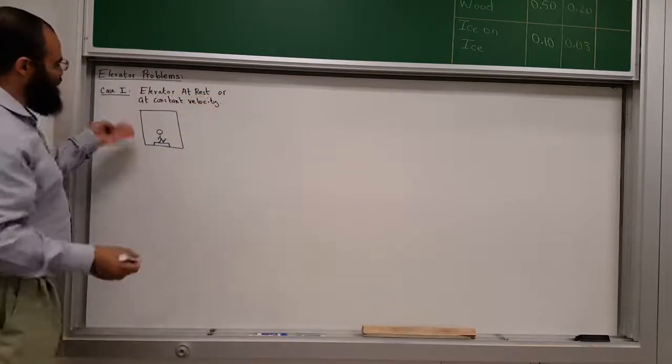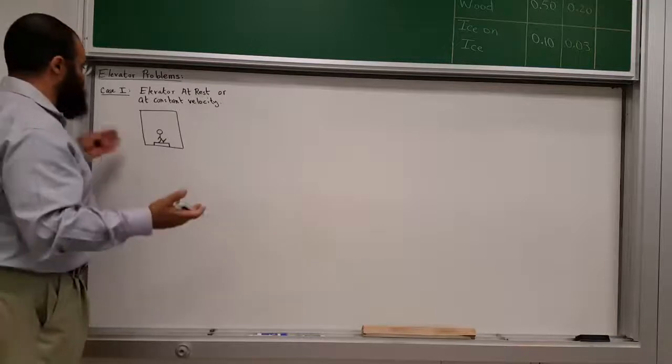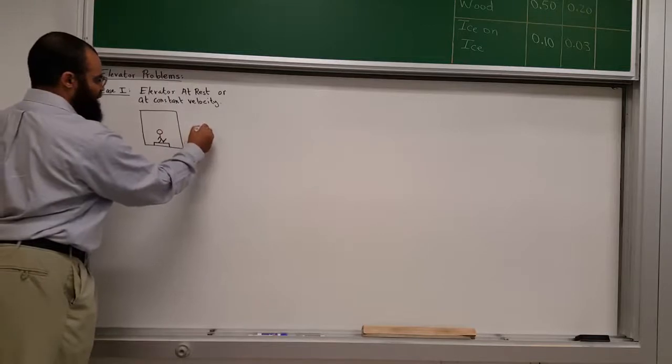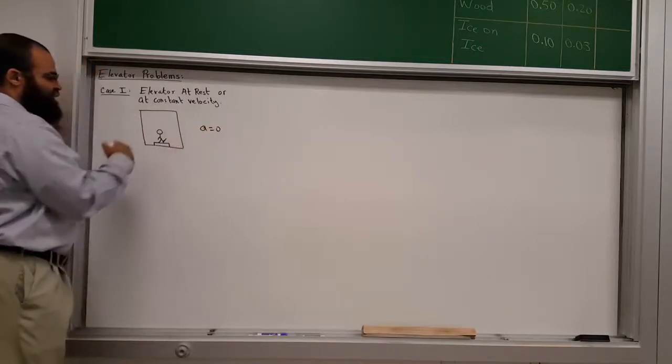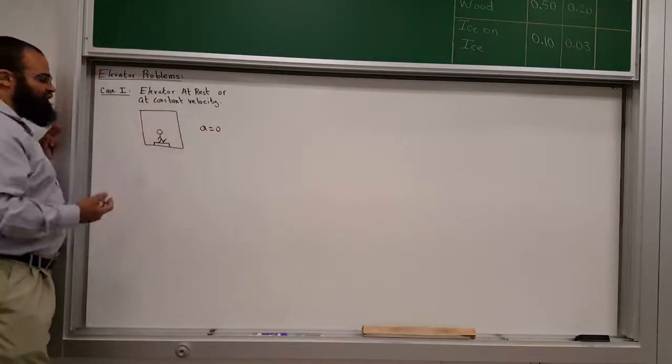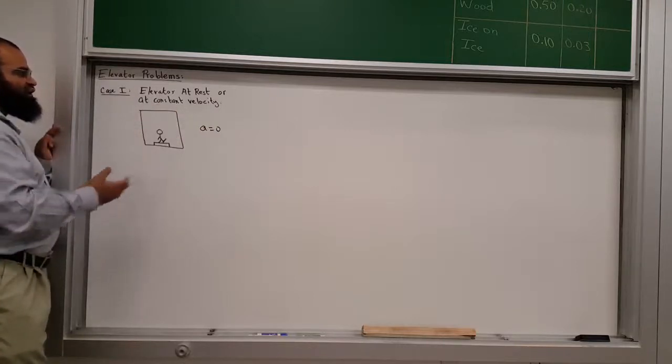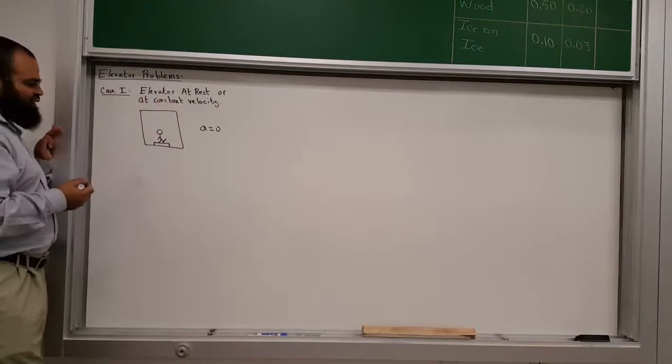So the elevator will move at constant speed in a, obviously, straight line, either up or down. So that means the acceleration is 0. The elevator's acceleration, everybody's acceleration is equal to 0 because it's either at rest or moving at constant